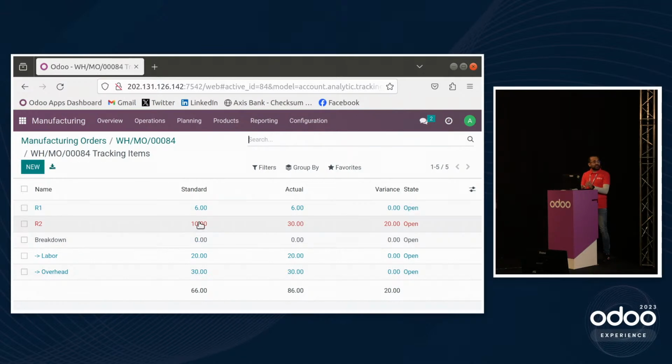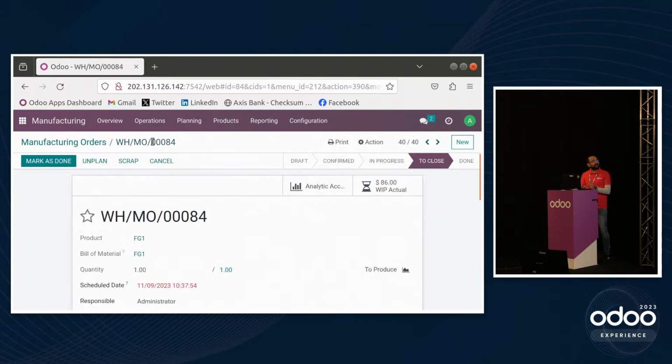Standard was 10 because I have to add one more quantity. The price has become this much, the variance is this much, and that's why the journal entry has happened. So it is telling you at runtime that earlier the plan was about $66 to be consumed. Now it looks like you would be consuming 86. Make no mistake, the order is not done yet. Had it been standard Odoo, you would not see the impact yet, because this is an additional section or feature we have added, the work in progress actual.